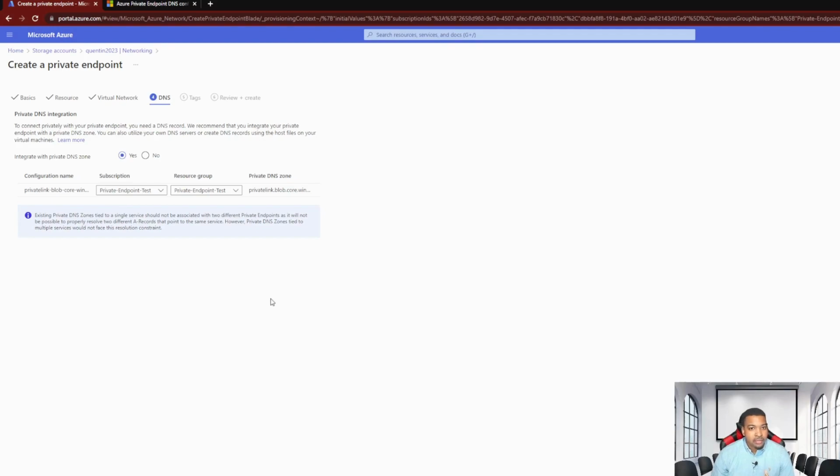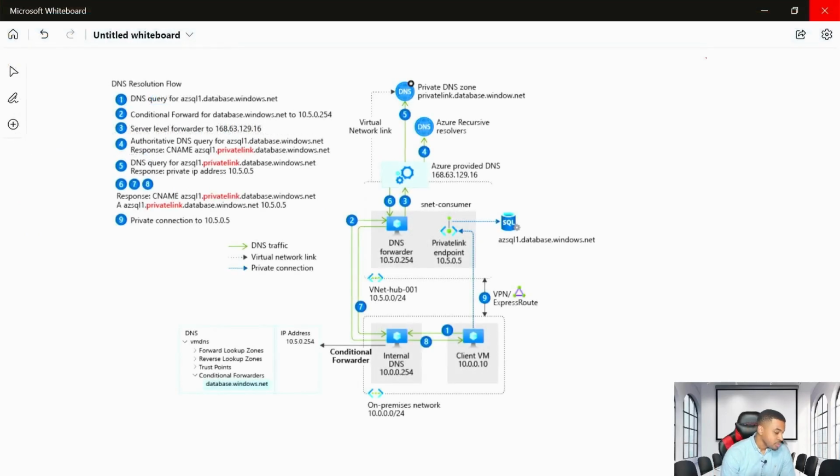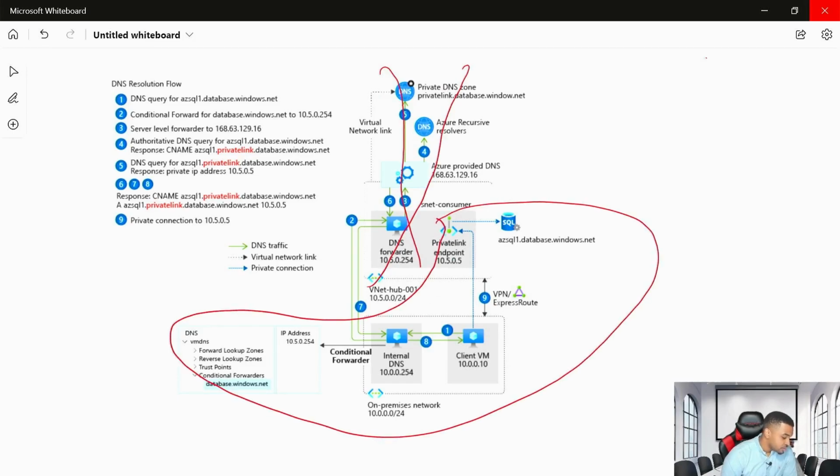So most of the time, when companies have a DNS server on site, they will opt to select no here. Basically what that means is they're going to take all of this out of the picture. So they're just going to basically run with this here. And so basically what they're saying is my DNS server on-prem will resolve any DNS request